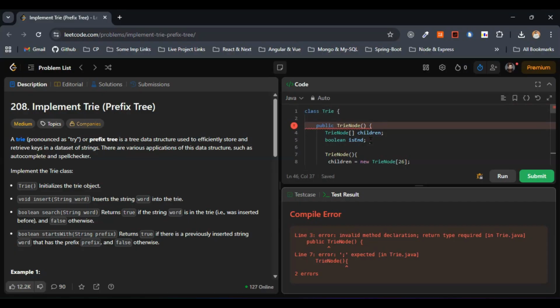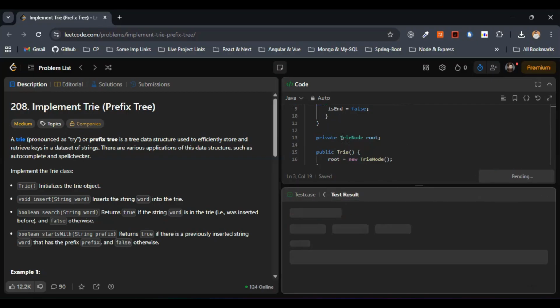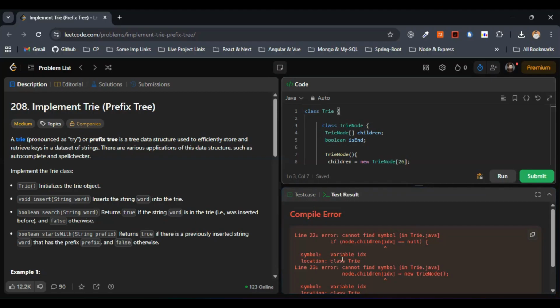So I have considered TrieNode here. Oh yeah, this one I have considered TrieNode, right? So this one I have to go with the class. Class parenthesis is not required. Basically, this one I have written. So this is fine. Now this has to work. Let's see. I have to go with the class, not the access specifiers. This is fine. Now,